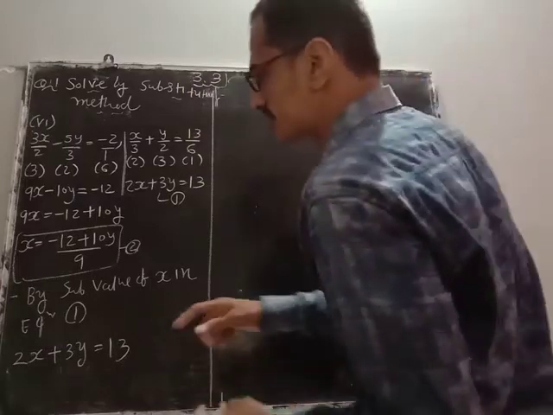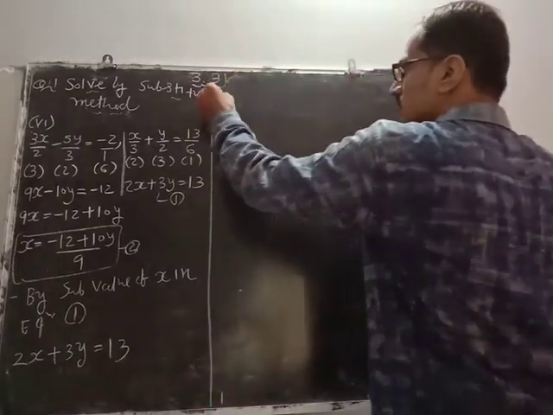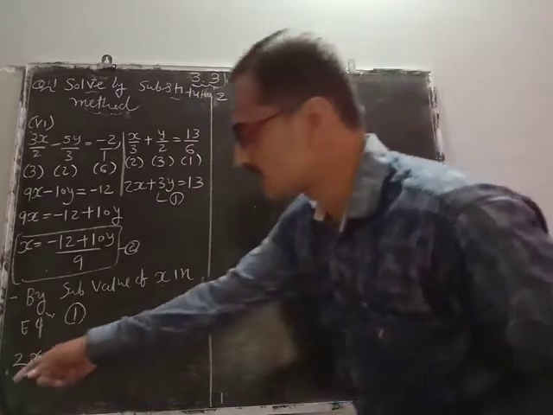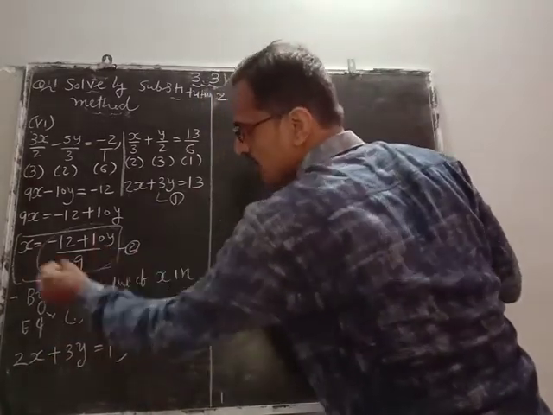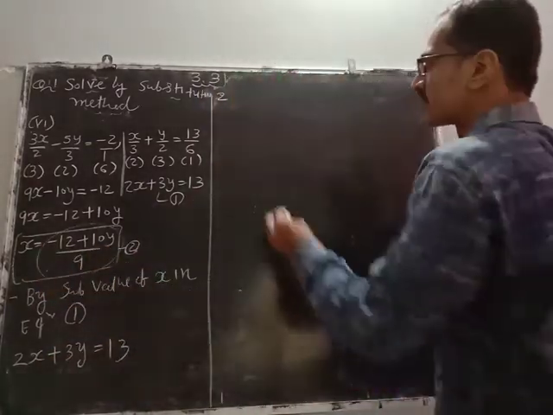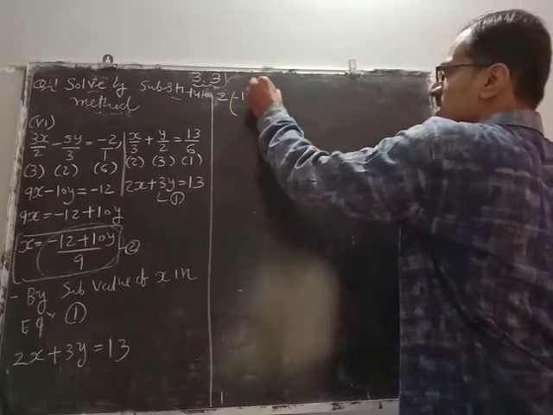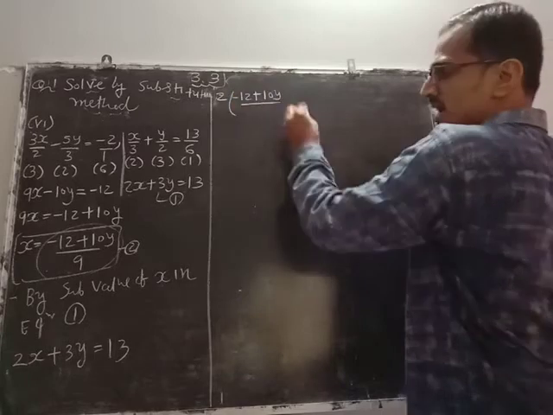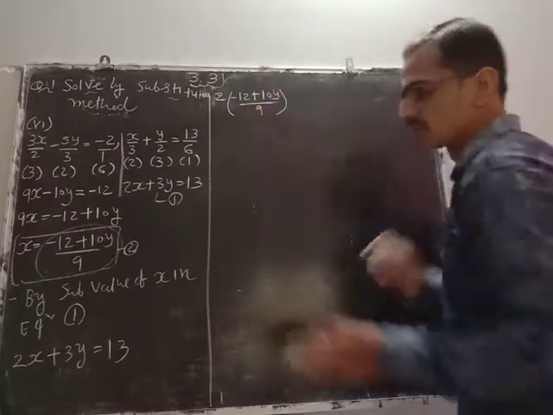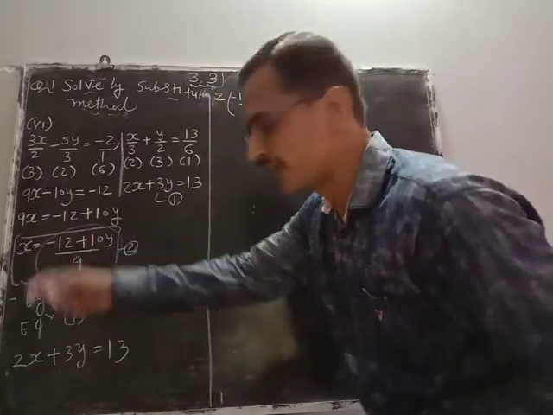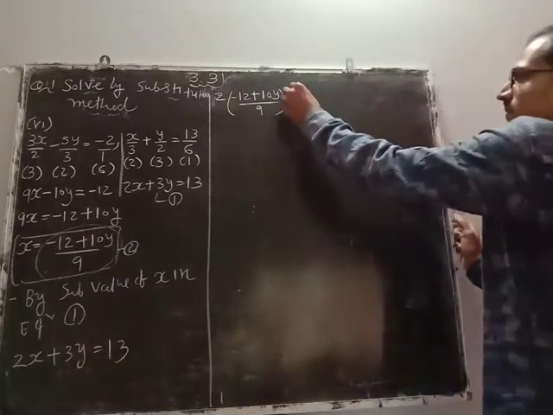So substitute. Instead of this x, we'll write this whole, because it is value of x. Minus 12 plus 10y divided by 9. 2 instead of x, this whole fraction, plus 3y